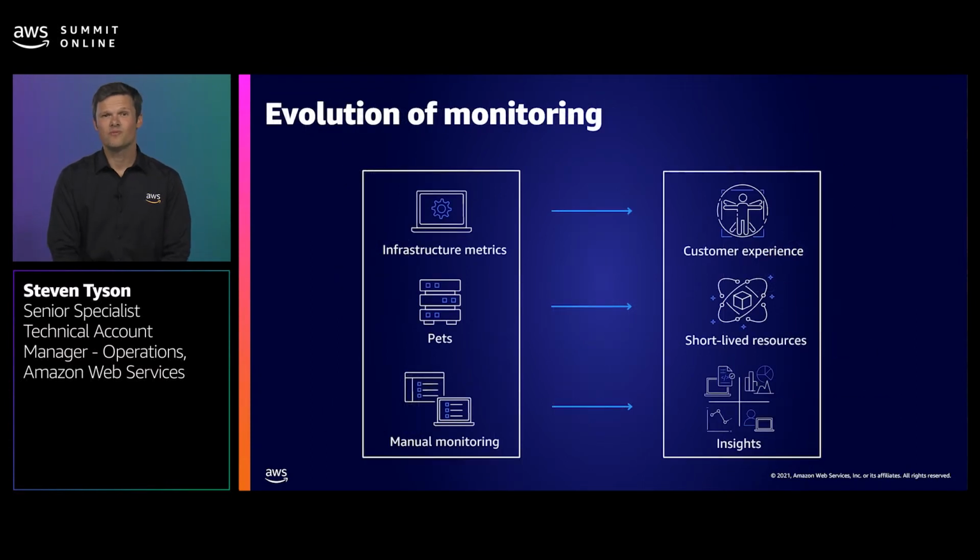So to begin with, what has had to change in monitoring to suit this new microservices world? Well, first, CPU, disk, and memory is now supplemented with customer experience metrics. These could be metrics such as latency or status codes. And you don't just pick off-the-shelf metrics for this too. If you think about your customers and what they love about your product, you can find a way to map that to an experience metric.